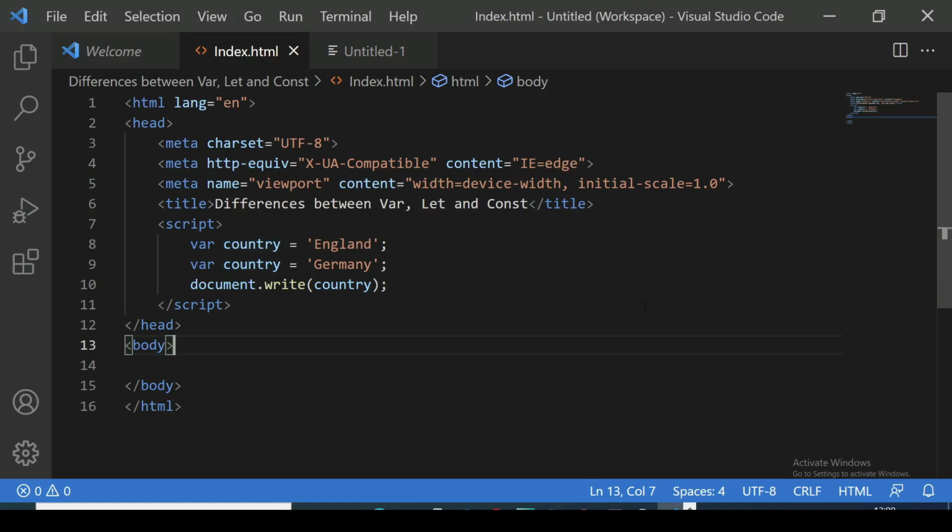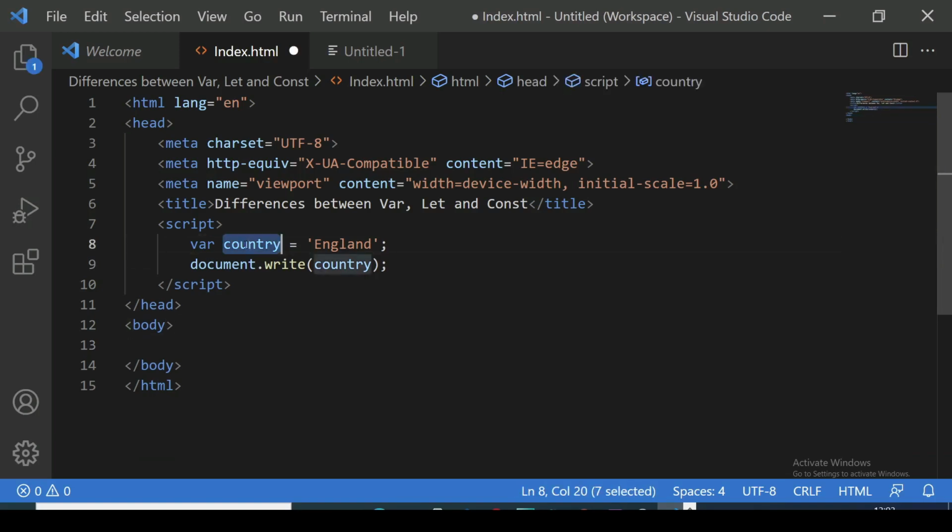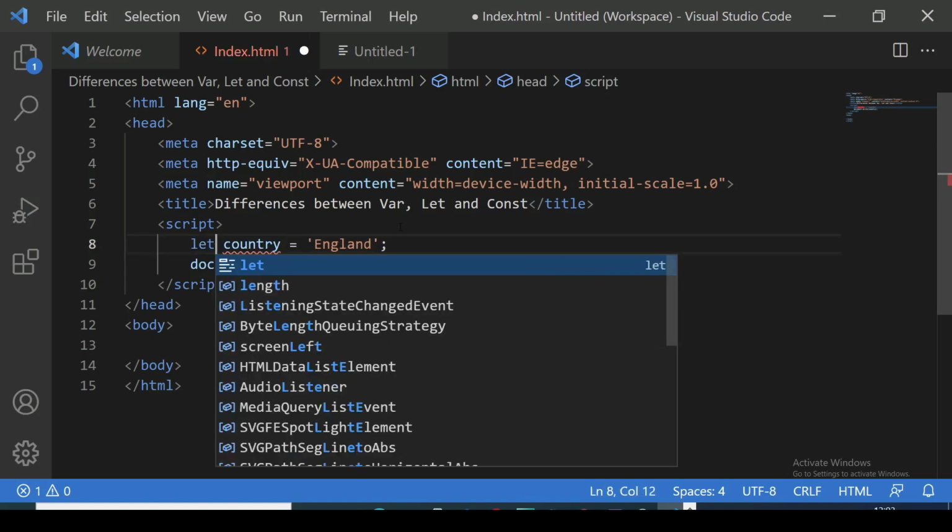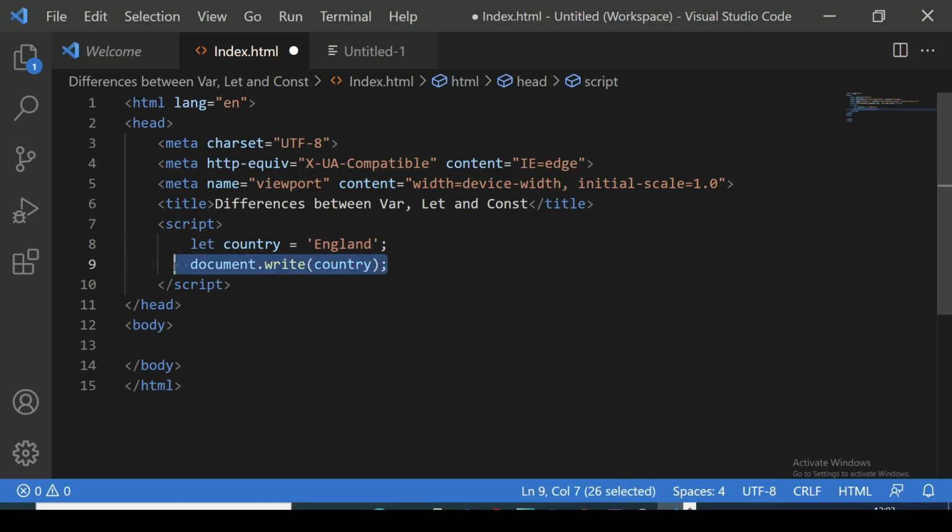So this is the first difference when we use let and const keywords. As you can see, let and const variables cannot be redeclared. Also, we mentioned that variables defined with the let keyword must be declared before use. So here, if instead of var we specify the let keyword, and if we try to output this value with the document write function before the variable is declared,